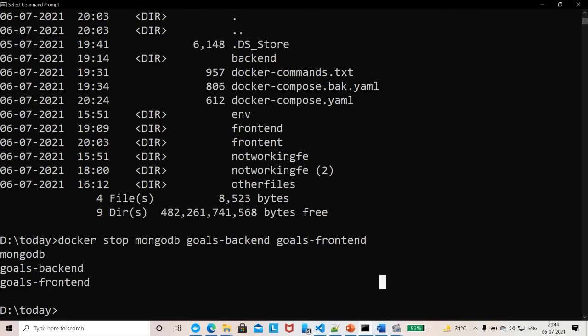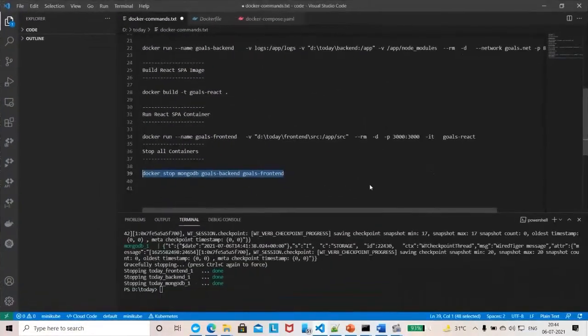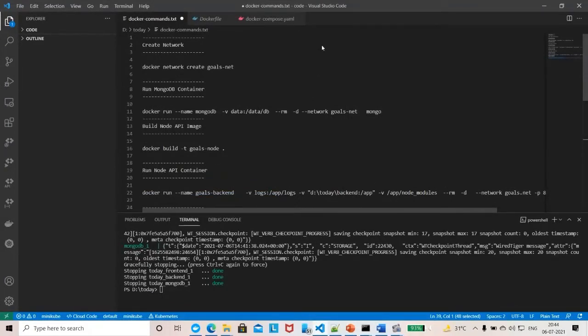So the problem statement here is that we need to create everything by hand. If we are dealing with complex application scenarios, it would be difficult to type all the commands one by one and then deploy the code.